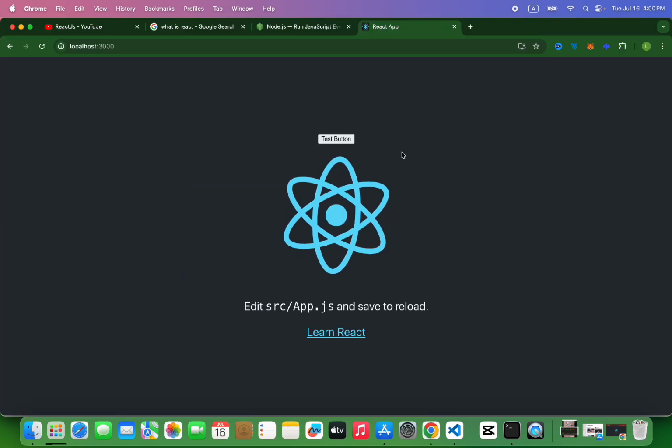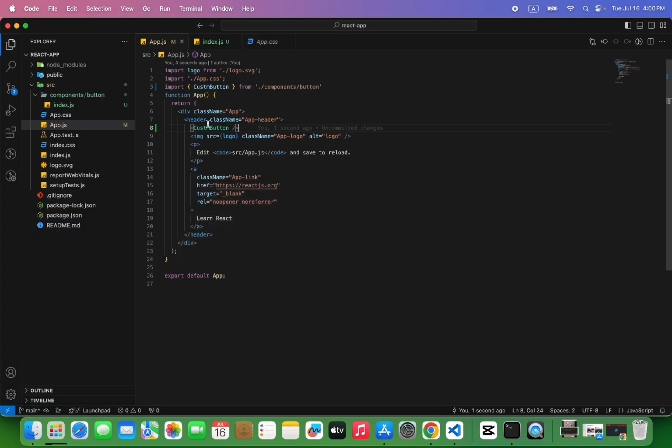So you can see here our button is rendered. It can be reused. You can use the custom button in many components, in many screens or pages. Simply import the custom button component and render it. So this is the concept of components in React.